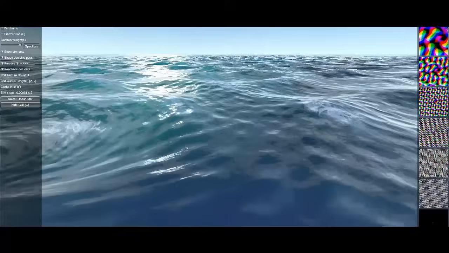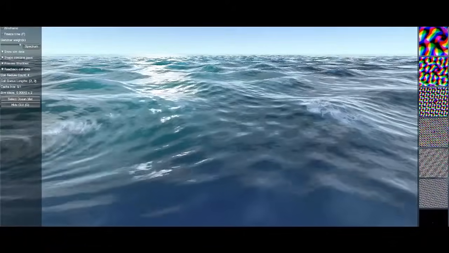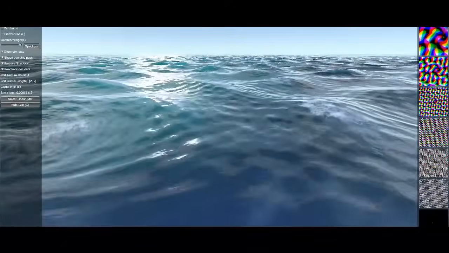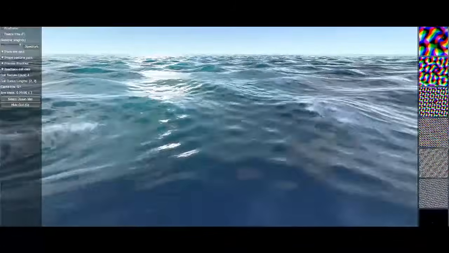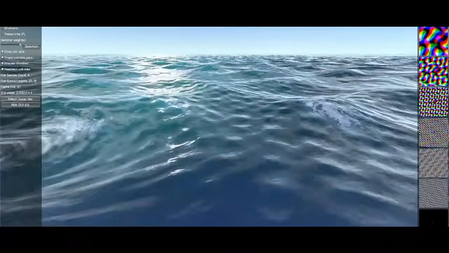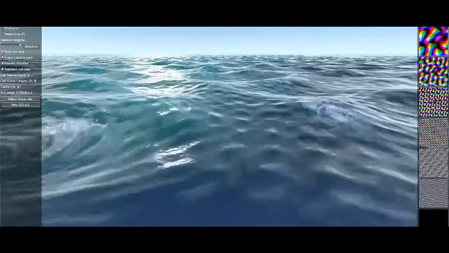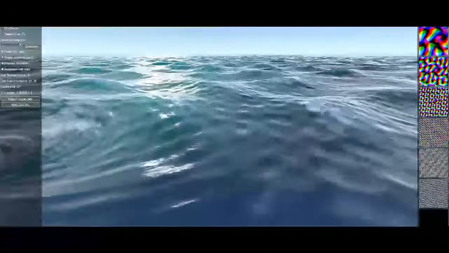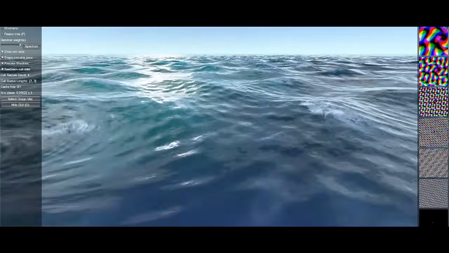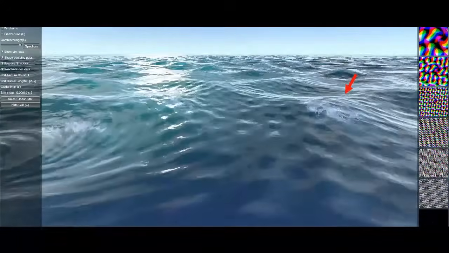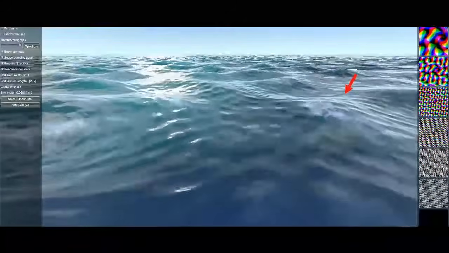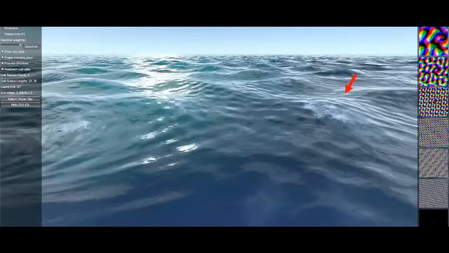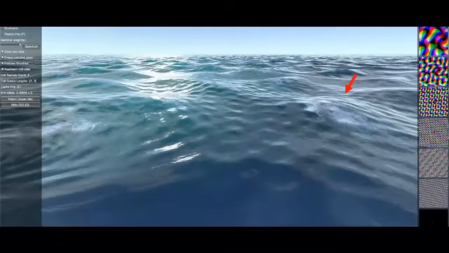Here, we've frozen the ocean surface in order to focus on the behavior of the flow. This is showing the flow with a 1 second period, meaning the flow effect resets every second. I believe the previous talk referred to that as a flip. We see effective flowing features in the foreground for the smaller waves, but the larger waves in the midground are stationary. The period of 1 second is too short, and they oscillate backwards and forwards without giving the impression of being